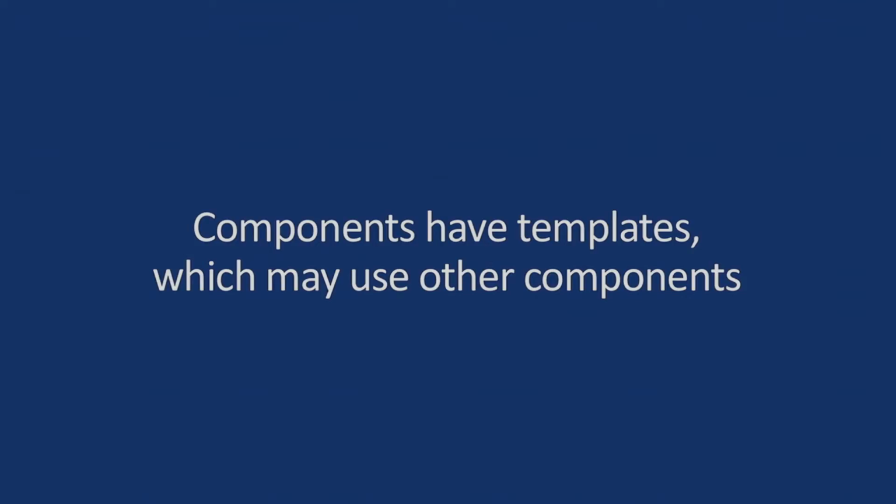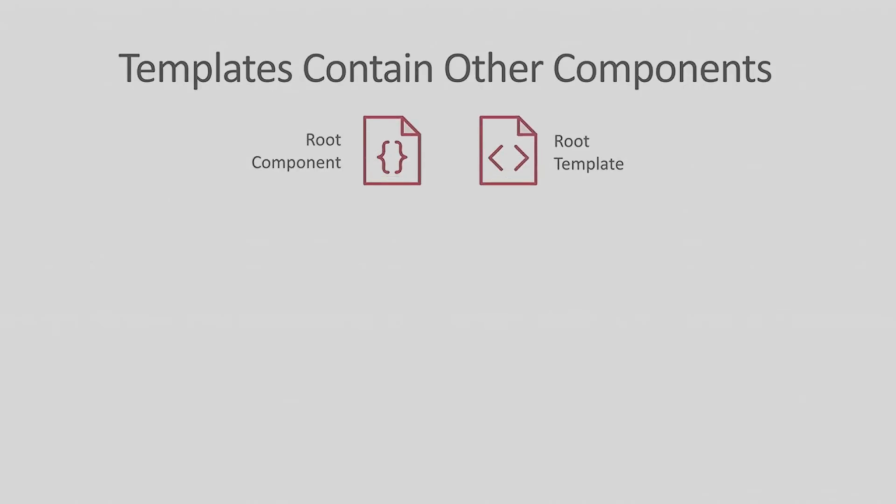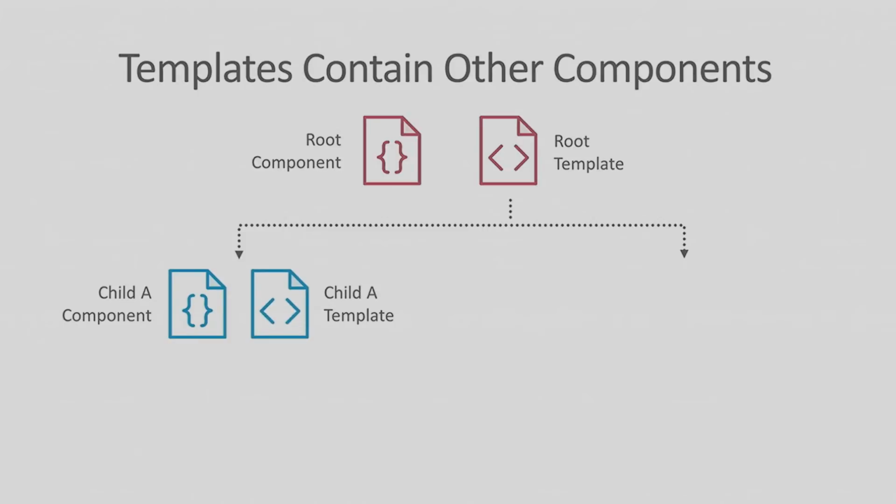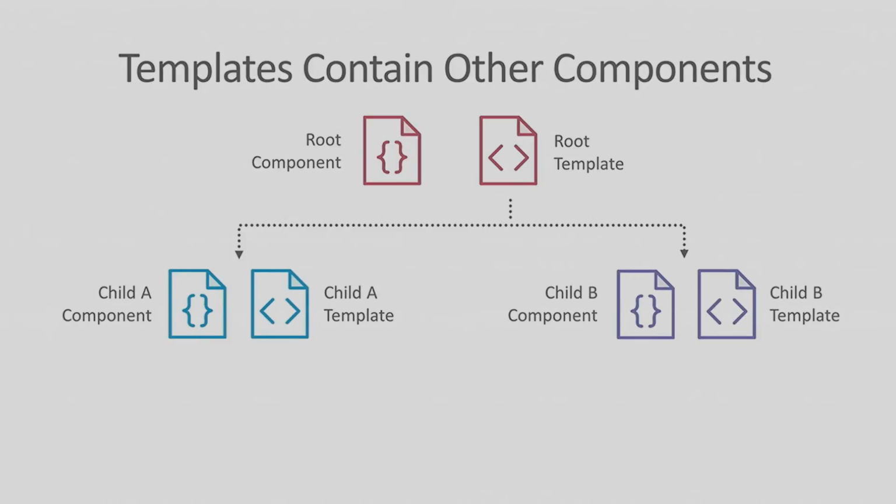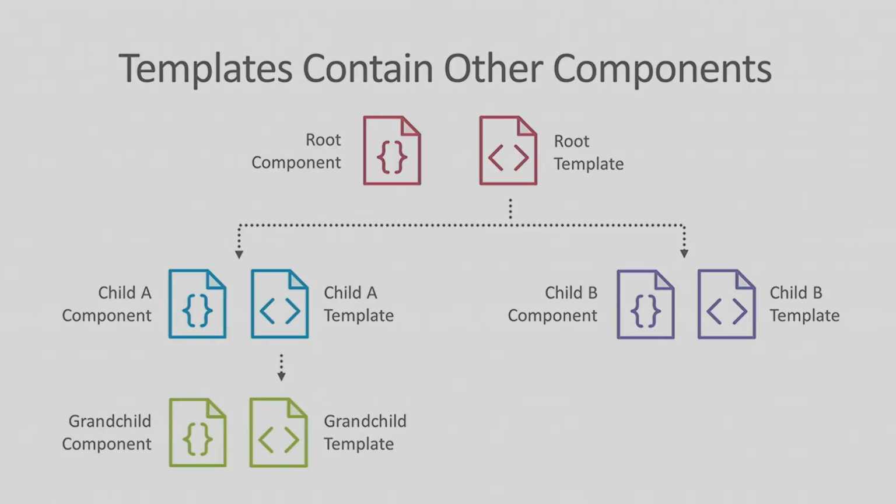And remember, components can have templates, which can have other components too, just like we saw with the nested components. So we might have something like a root component, our app, which has a template, our HTML. And inside of there, it might have some other things, like a child component, which has its own child template, and another one. Maybe it's like a nav and a footer. And then those components can also have other components, and so on and so forth. This is called a component tree.